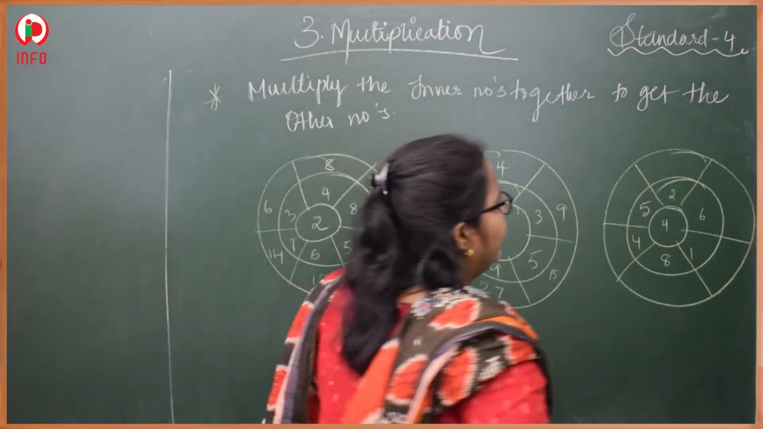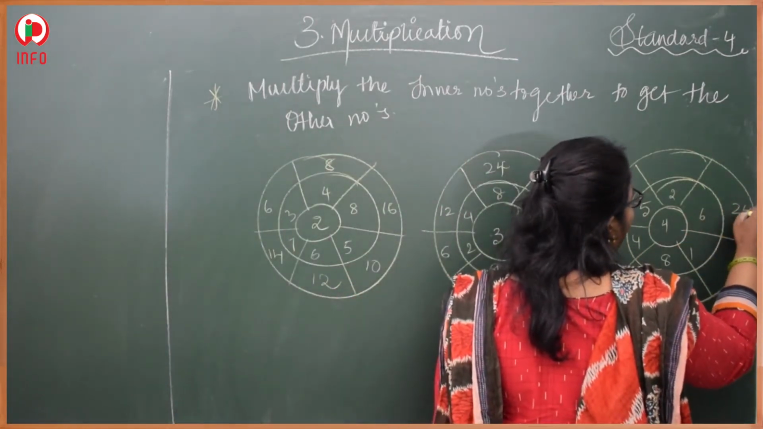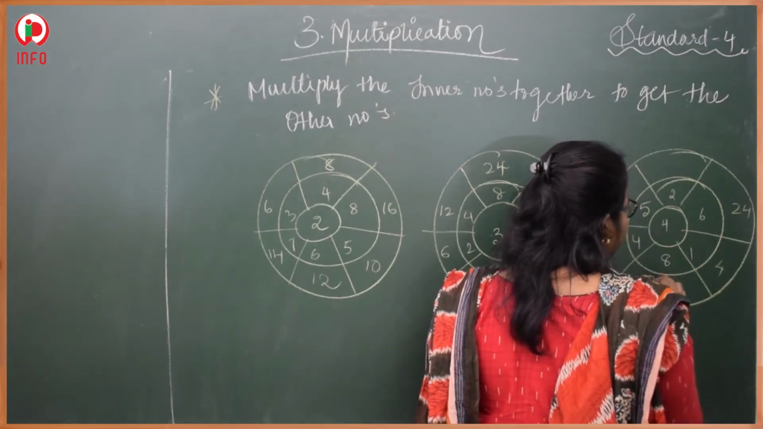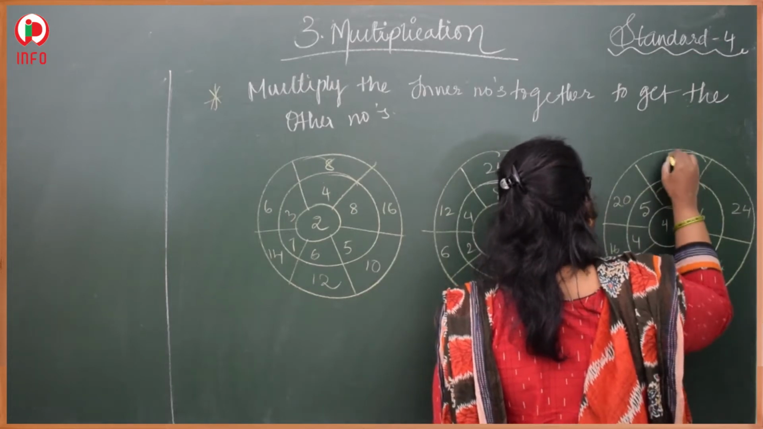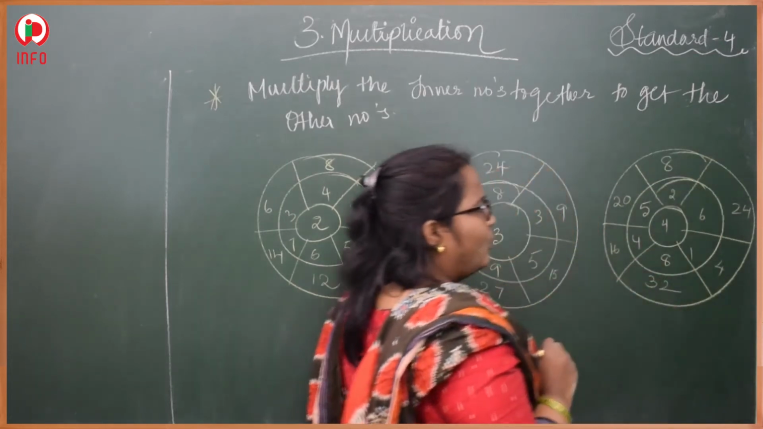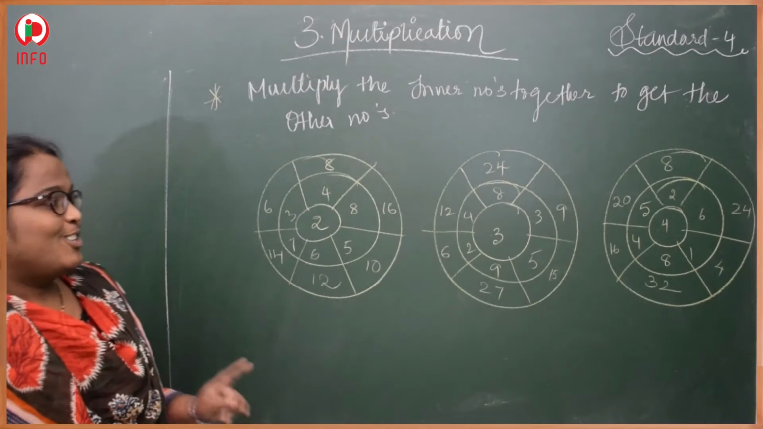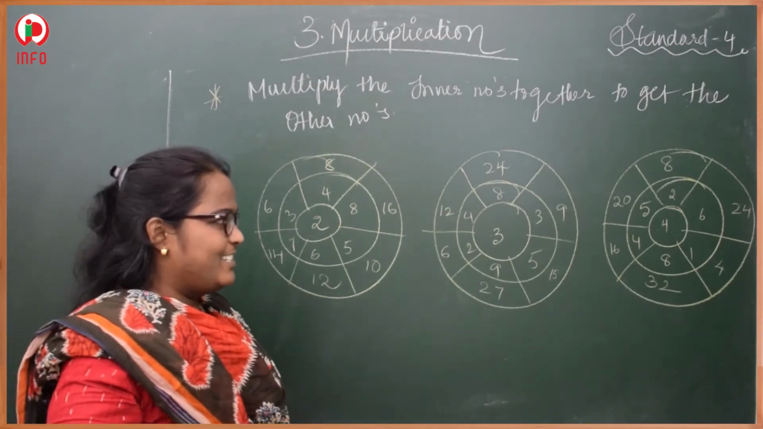4 6s are 24. 4 1s are 4. 4 8s are 32. 4 4s are 16. 4 5s are 20. 4 2s are 8. Okay, children? Is it easy now? So the only thing we need to do, guys, is to know the